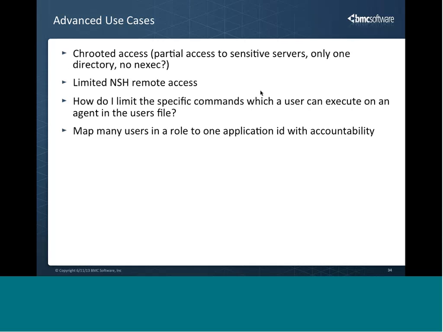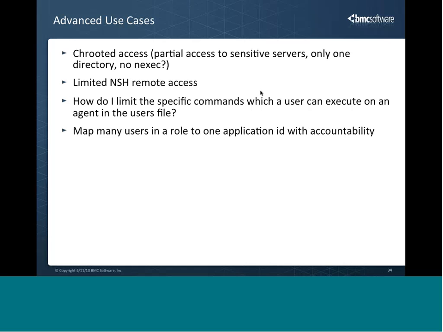Obviously, limited NSH remote access is done through hand-selecting configurations. I wouldn't say it's extremely common, but it's definitely popular in a certain type of security environment where we give people access to some things but not others. This can be very handy for a particularly persistent app owner who wants visibility to a number of things. This lets you grant it to them without having to fight